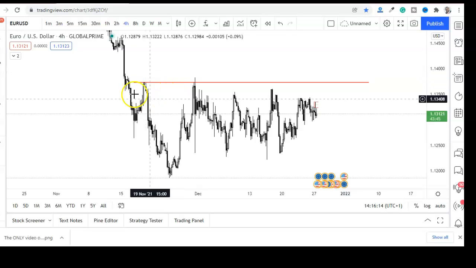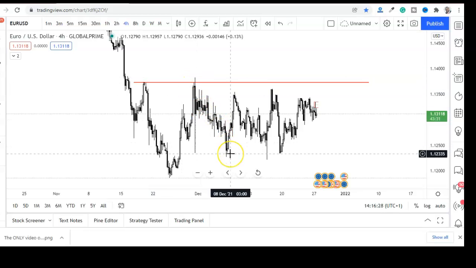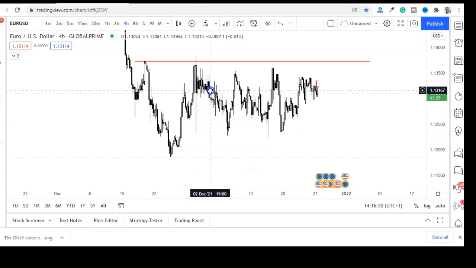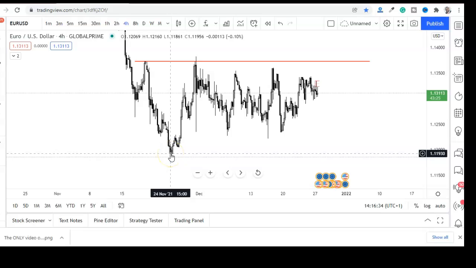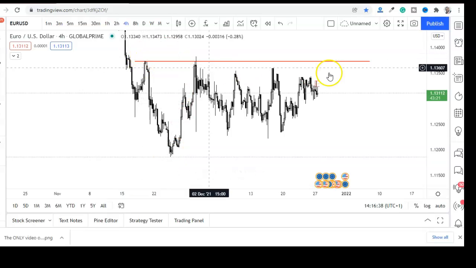Now looking at this 4 hour, we notice that this is not a valid break of market structure, because what price did was to come in here and grab liquidity to trade lower. So in this case, I will not be observing any trading range. So the market to me here is still very, very bearish. But however,